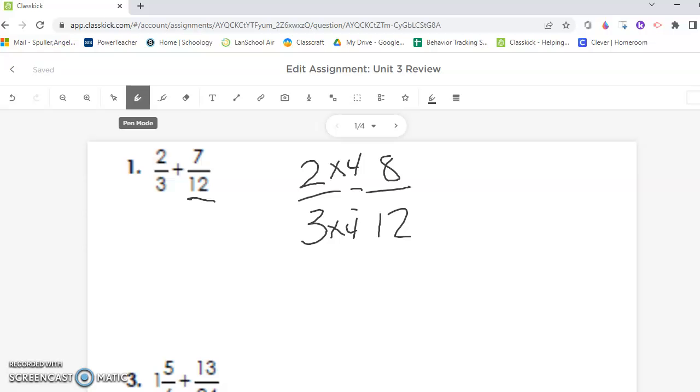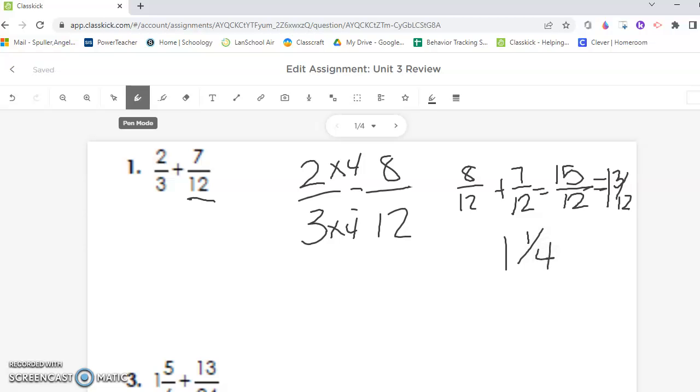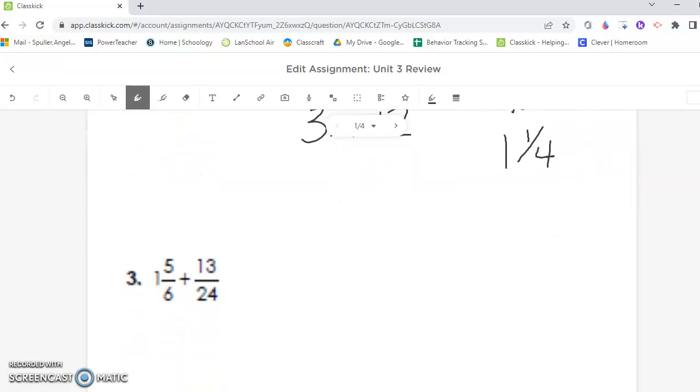So now I have 8/12 plus 7/12 equals 15. Remember, we never change the denominator. We don't add them both. So here we get 15/12. Well, we can simplify that to 1 and 3/12, or I can simplify it more by saying 1 and 1/4. Good job. Okay, go ahead and try number 3 yourself, and then come back and see if you got it